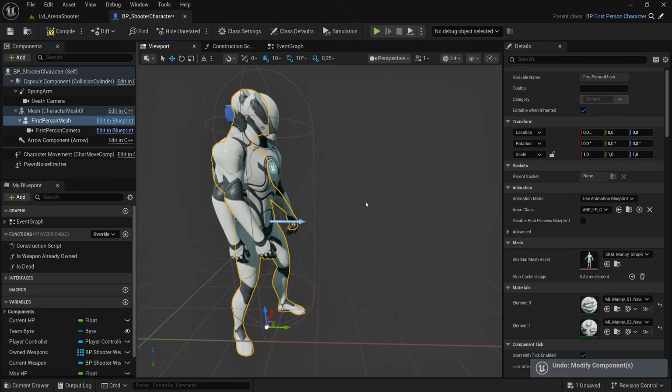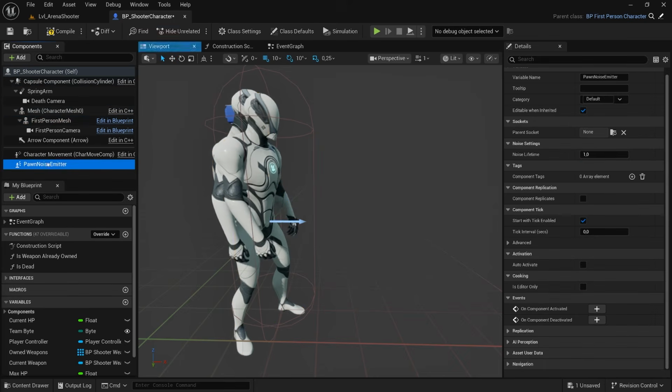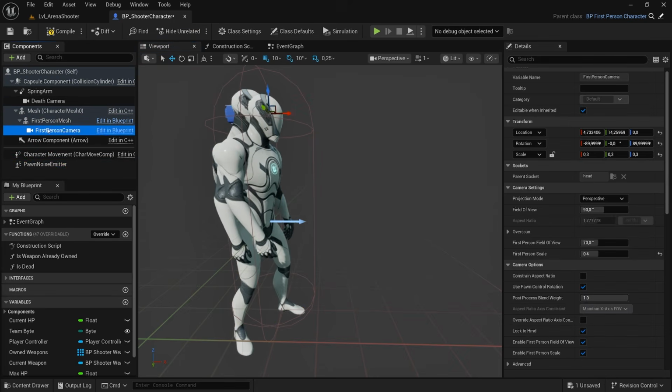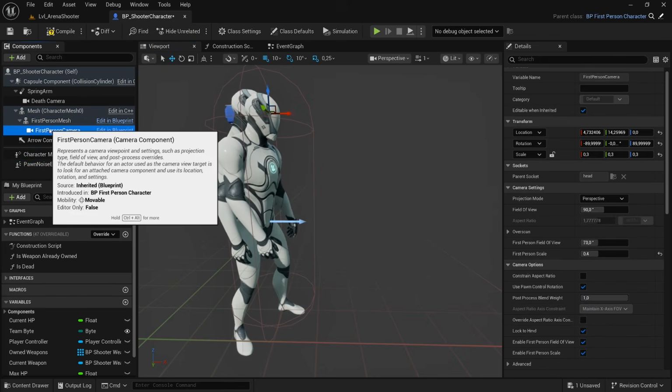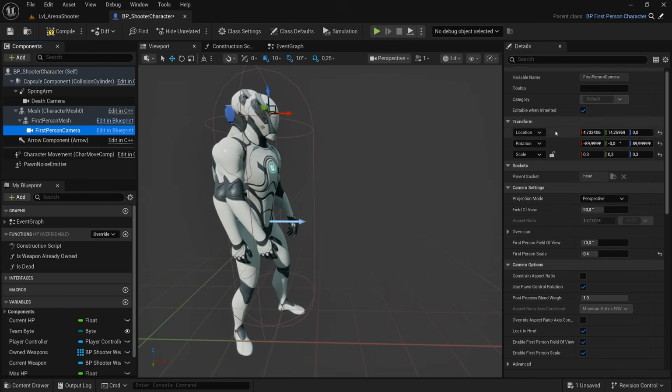So that is the main difference between these two components, but both of them are actor components. So this is an actor component, this is an actor component, but this is what we call a subclass of an actor component because it's an actor component that adds a transform, this location, rotation, and scale. And we will talk a lot about actors and